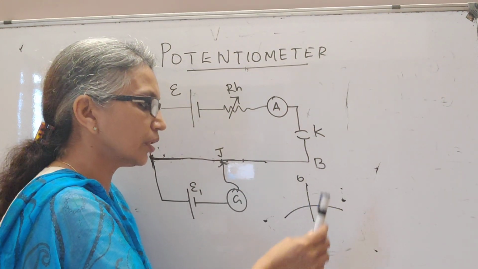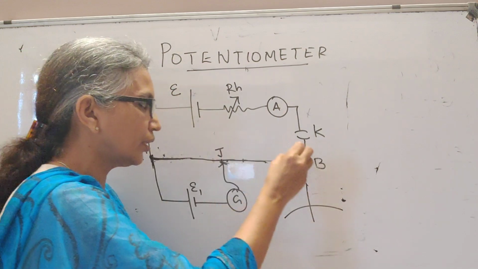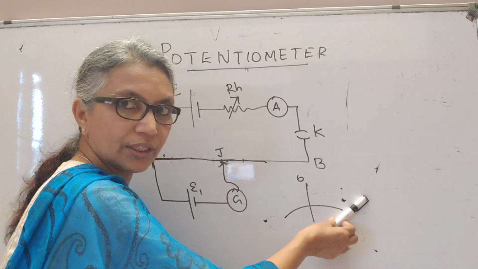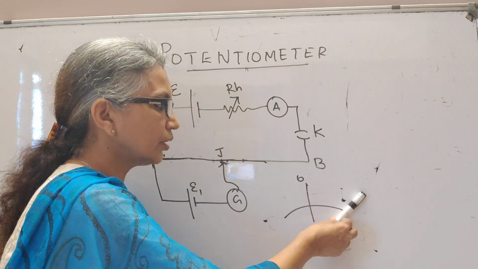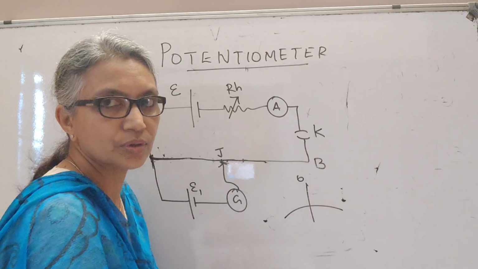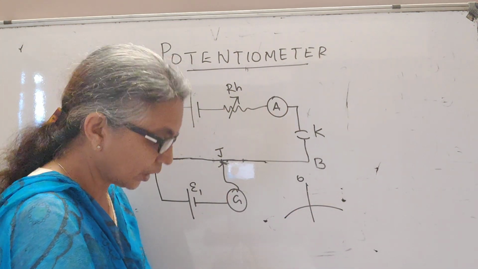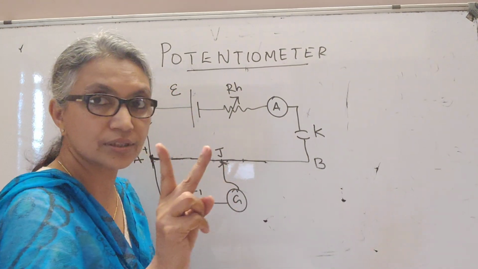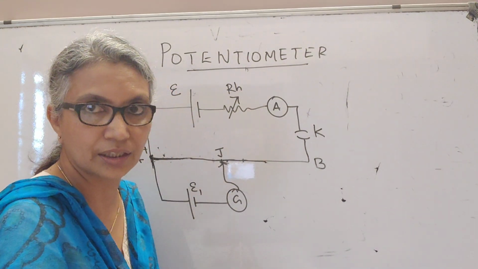So make sure that before you start the experiment, take the jockey, press on both ends and make sure that both times it is not at the left, both times it is not at the right. From left to right, it should move so that at some point you will see that your galvanometer comes to the zero deflection, null deflection. Now suppose that does not happen, it means there are two faults, two mistakes in the connection.